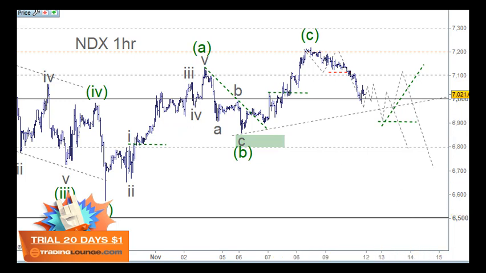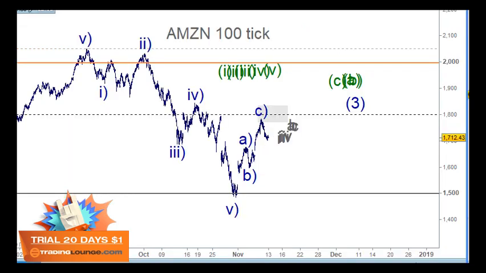I just want to have a look at Amazon, if that's cool. Just see where that's up to. So this is just a tick chart, but it's going back into September, the highs here. As you can see, with the S&P 500, this is wave 4 over here. But if you look at the S&P 1000, sorry, we can see that on the S&P 1000 we actually already have 5 waves down here. But that's another story. So in this case, we've got wave 1 and 2 and 3 and 4 and